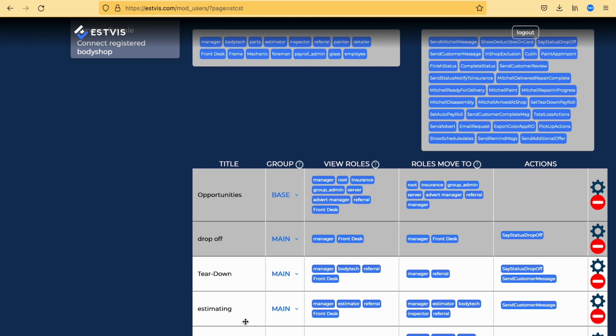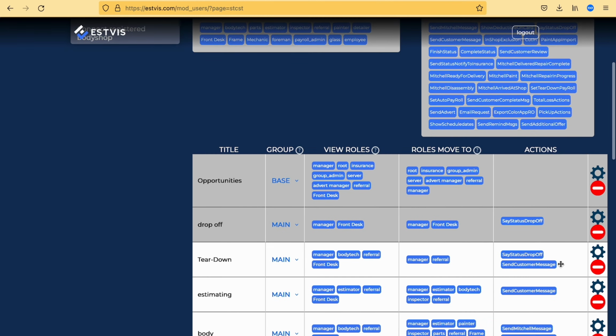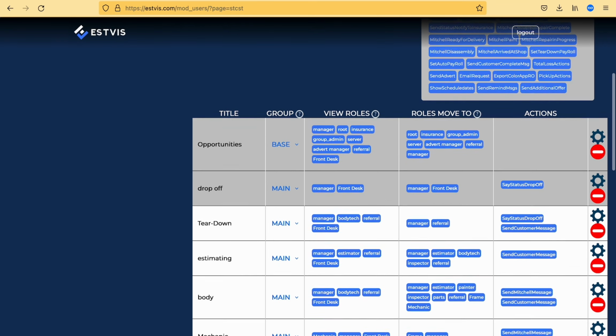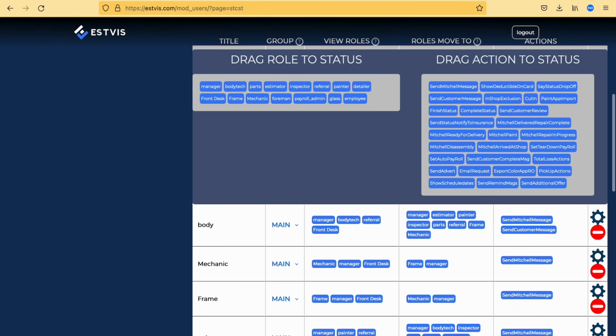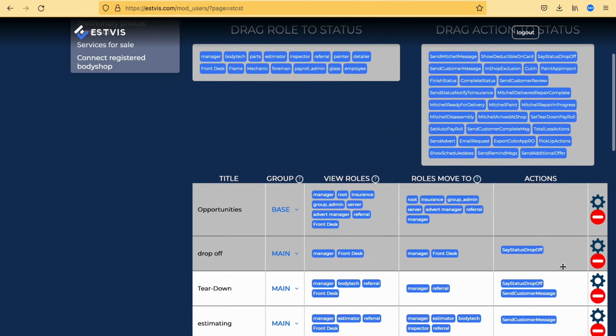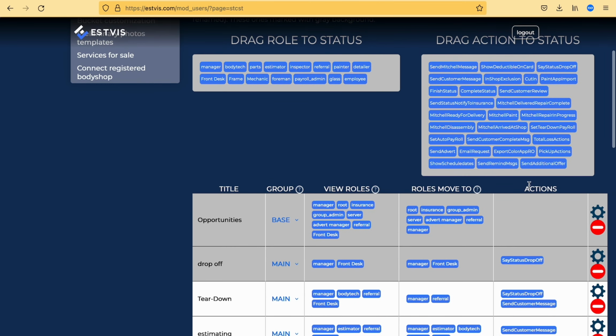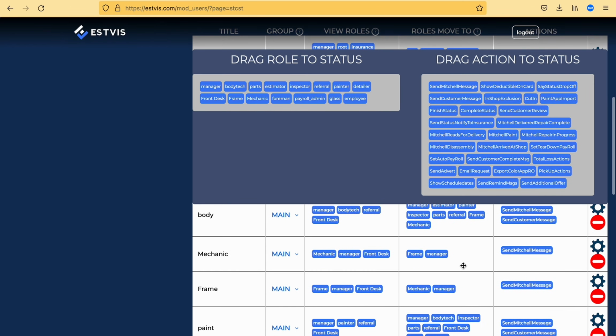Look at the last column in the buckets table, called Actions. By default, EstVis initially sets the action called Send Customer Message for some buckets. You can change this. Find a row containing the needed bucket. Let's say we want to add the action to the Paint bucket. Then drag the Send Customer Message tile from the right panel above to the row in the Actions column